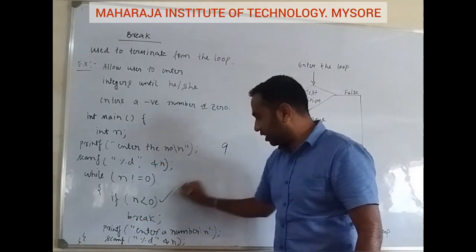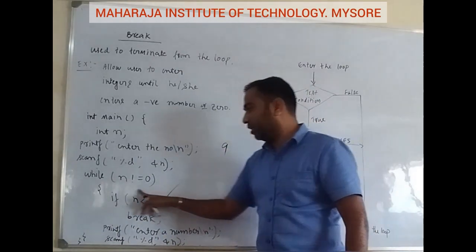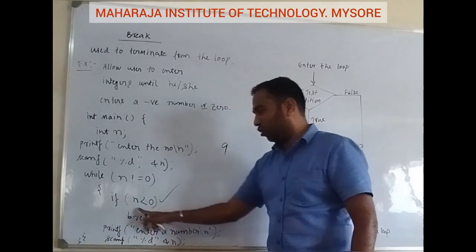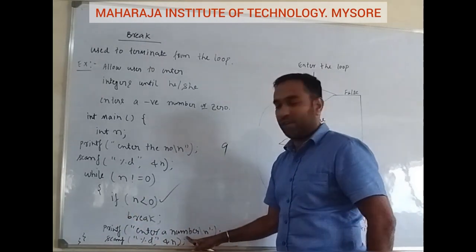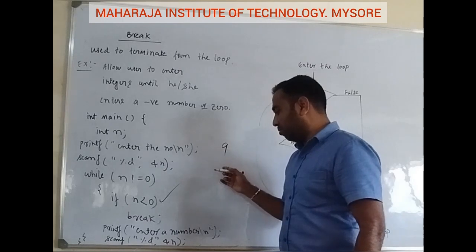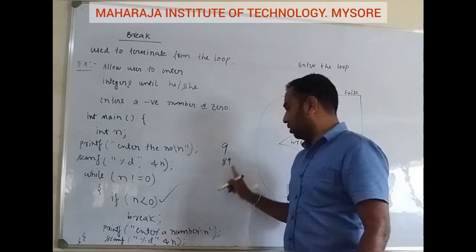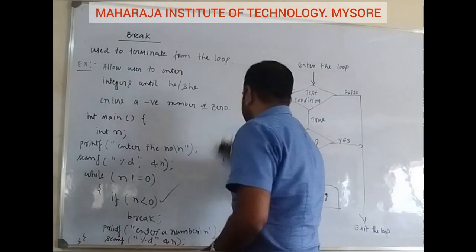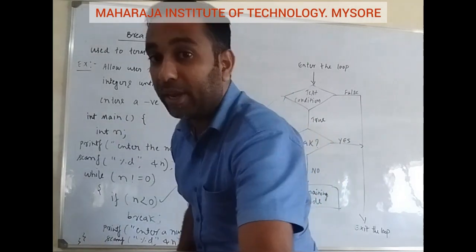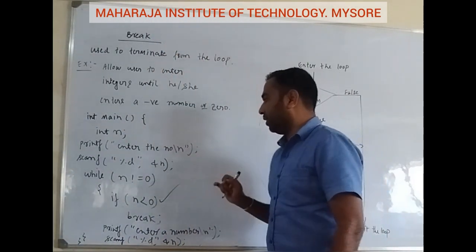If this condition is satisfied, then it will execute this statement. If this condition is not satisfied, then it will not execute the break statement. Then it directly goes on to enter another number. I'll write 89. Then it will print 89. Suppose you get a negative number, so I'll run the program again and enter the number